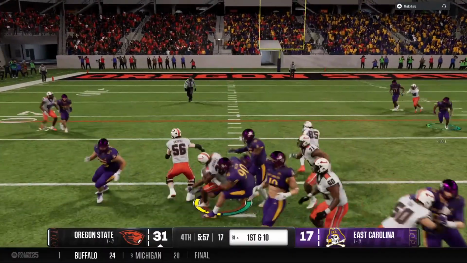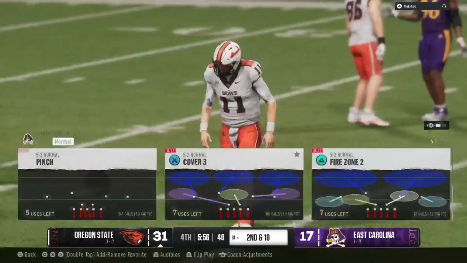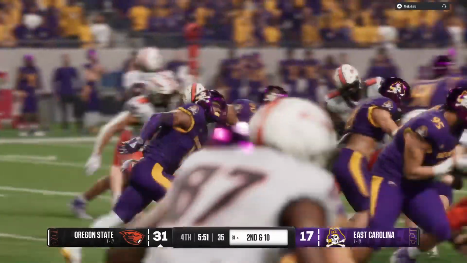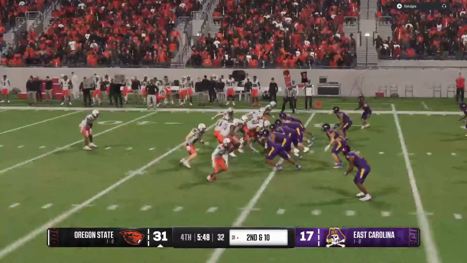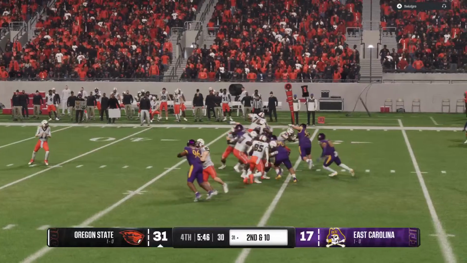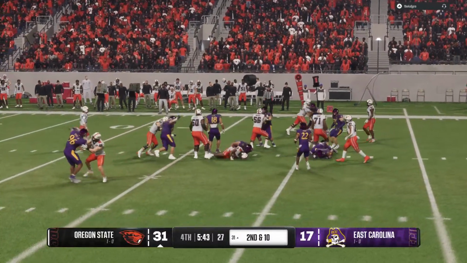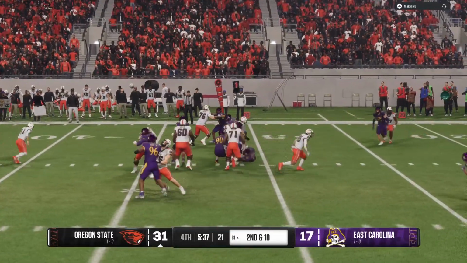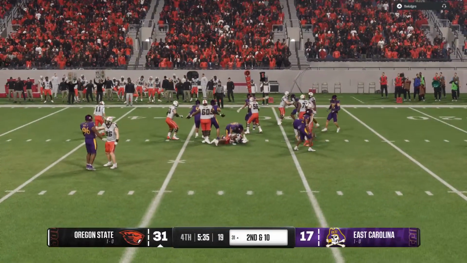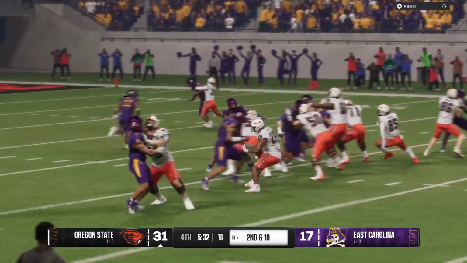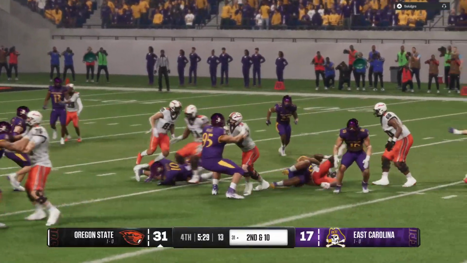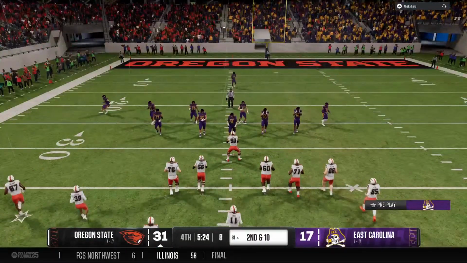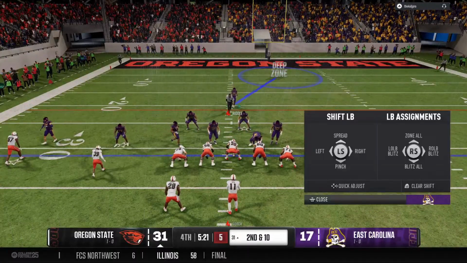Keeping it on the ground with the running back. And maybe they want to try somewhere else because there is nothing doing in the middle of this defense. Well, they're trying to run the football there, just nowhere to go. They got dominated up front at the point of attack. Stuffed on first down. It's 2nd and 10.